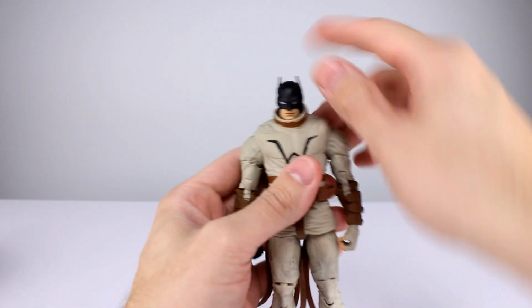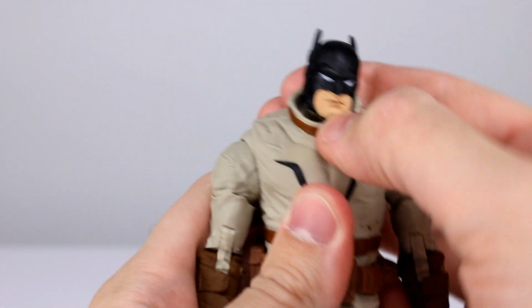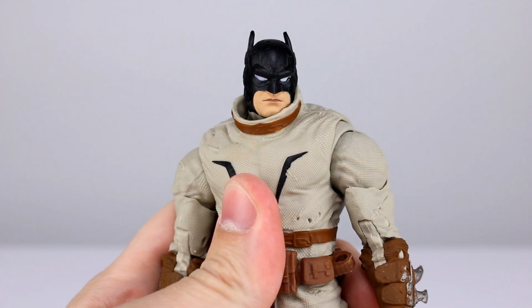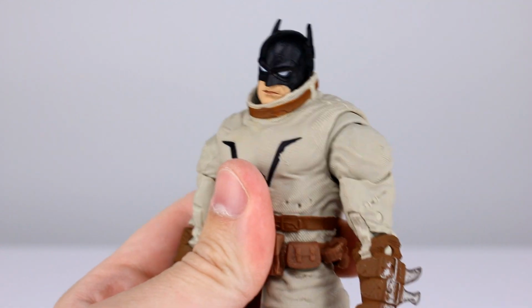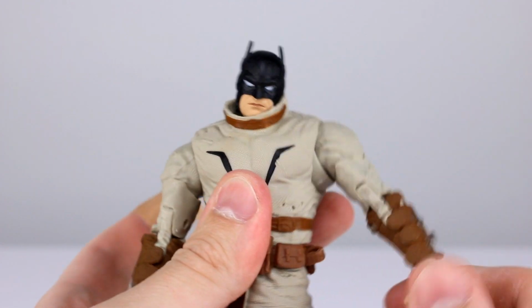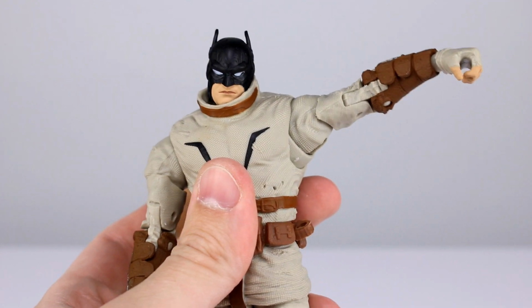Alright, as far as articulation goes, let's get in a little bit tighter. The head moves around pretty well inside the collar, but it is going to be inside the collar and limited by that. So don't expect a whole lot to go on there, but it should be good enough. For the shoulder, it does wiggle around in there. If that's helpful, barely. Like if you want to raise the arm, it looks slightly more natural to have that, so that's cool, but